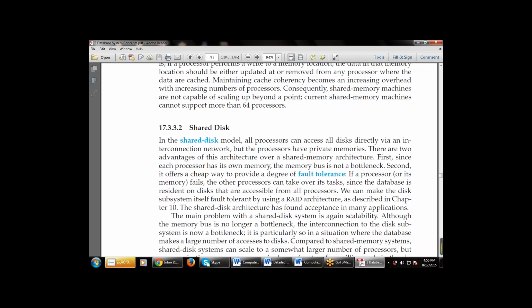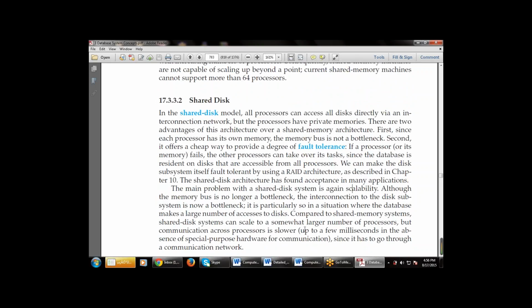The interconnection will be used in the database systems, so that it is available in a scalable system. The bottleneck is the interconnection of this system, which becomes a bottleneck in situations where the database makes a large number of accesses